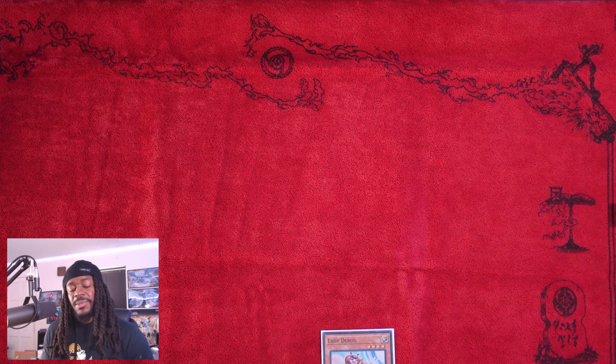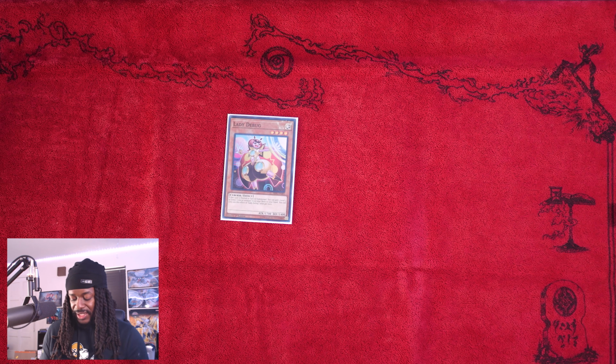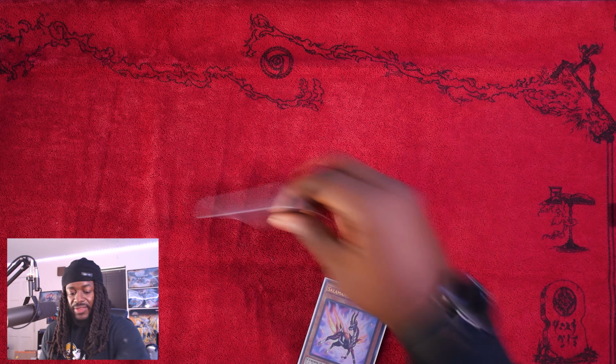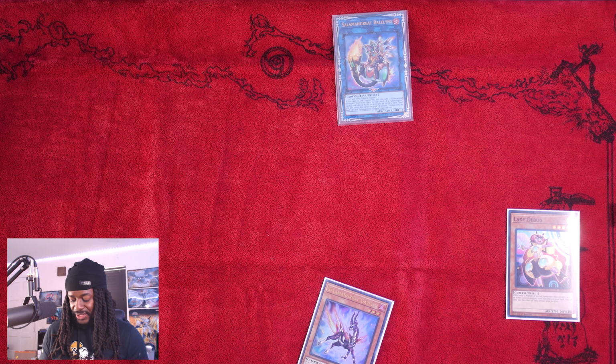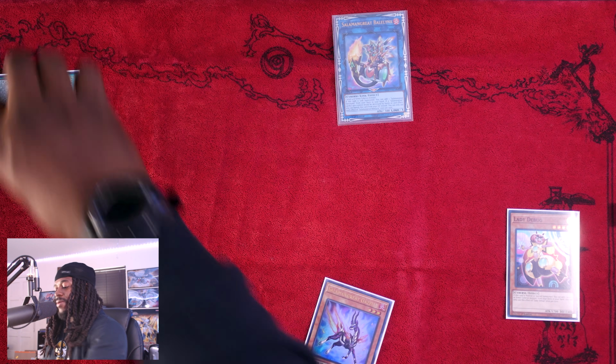Now, how exactly will we be able to make that Access Code Talker with just 1 card in Lady Debug? That can be explained easily, as we can normal summon Lady Debug using its effect to add Salamangreat Gazelle, and then you'll link off the Salamangreat Gazelle into Salamangreat Balinks. Balinks' effect will trigger, guys. That will allow us to add a Salamangreat Sanctuary,